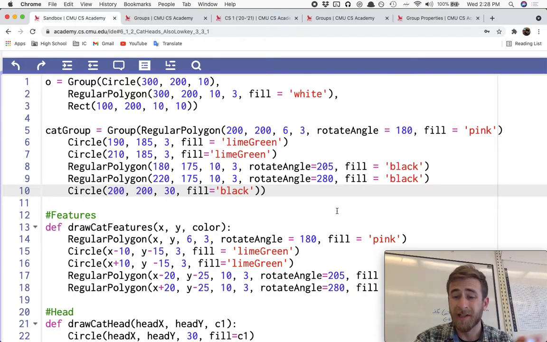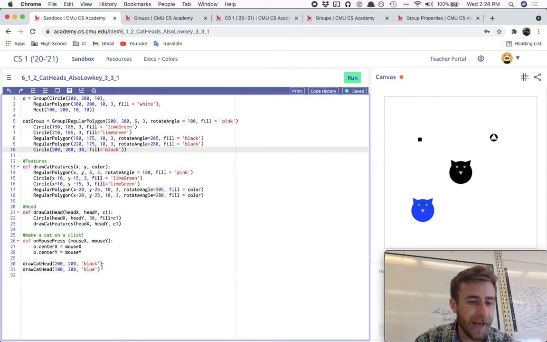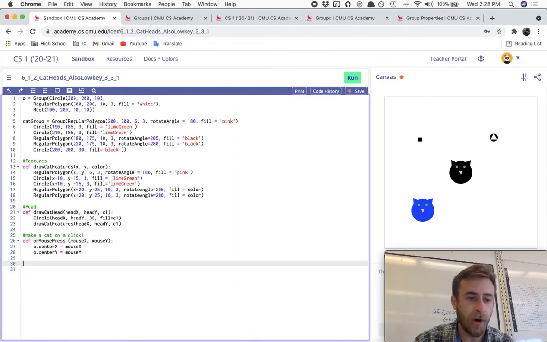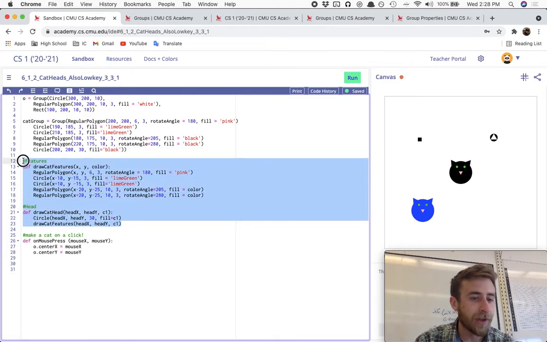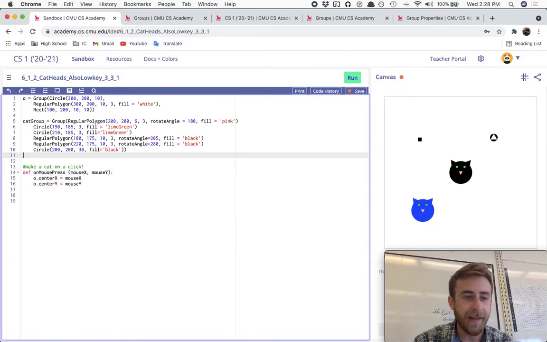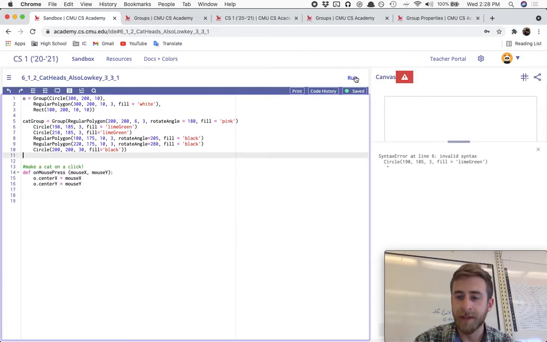Now that I've copied all that stuff into my group, I'm actually going to go ahead and delete my function calls, delete my draw cat function stuff, and get that out of there. And now when I run this,